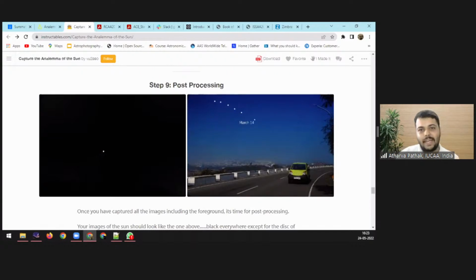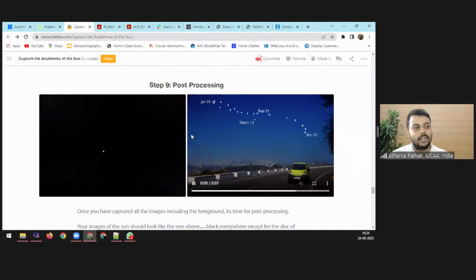So you can either directly observe the sun or indirectly observe the sun. Nevertheless, you will be able to capture the solar analemma. Now this is a very, very simple experiment which anybody can do. What this experiment tells you is that the farthest point of the smaller loop is the summer solstice. The farthest point of the larger loop is the winter solstice, and the orientation or the angle gives you the